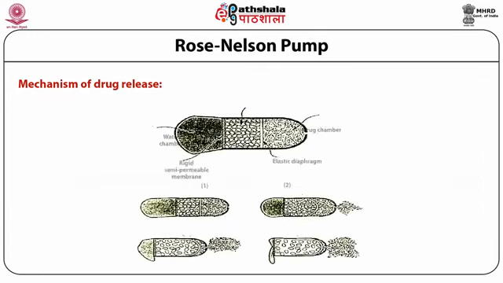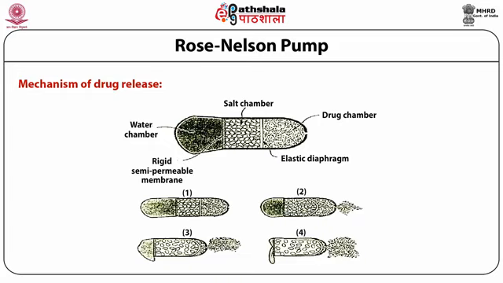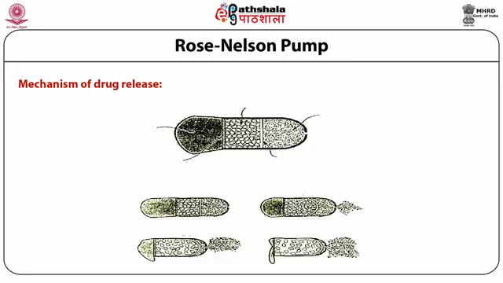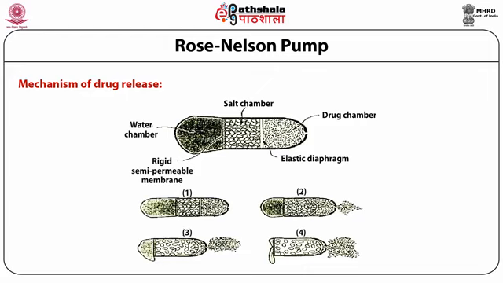So this is the diagrammatic presentation of the same. You can see the sequence. As I told you, first the water will go into the water chamber. From that water chamber, the water will further flow, because the membrane is semi-permeable. As I told you, a semi-permeable membrane only allows the solvent to pass, not the solute. So water will pass and go to where the solute is in higher concentration.